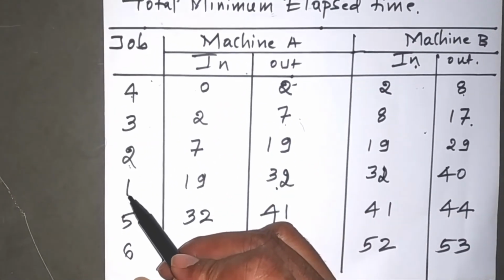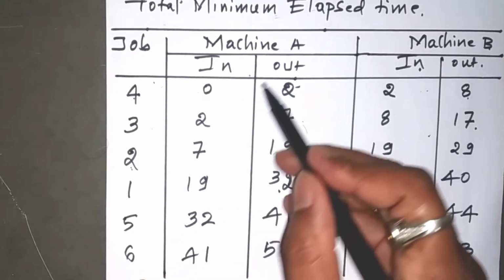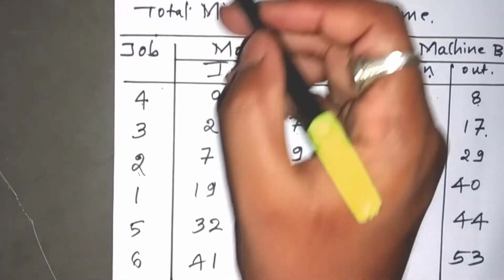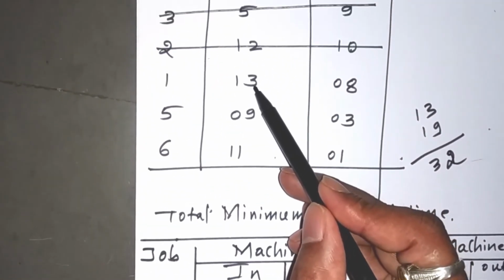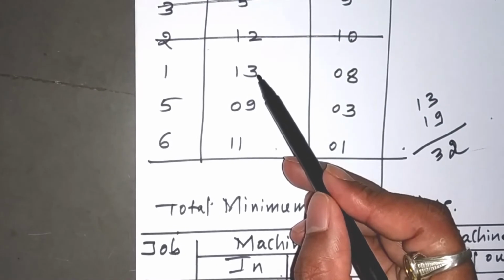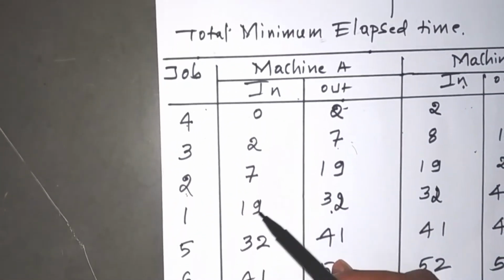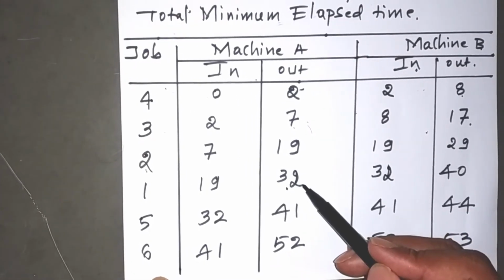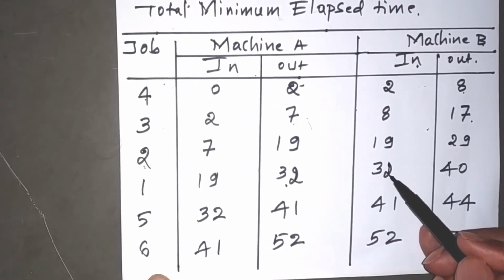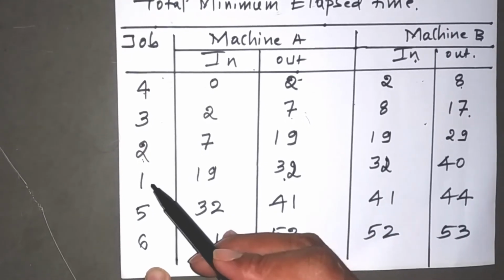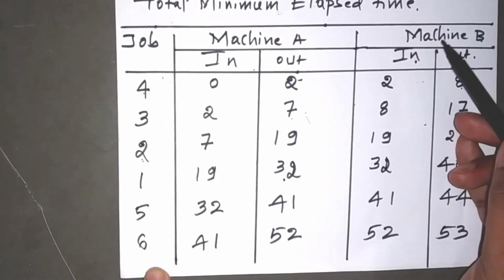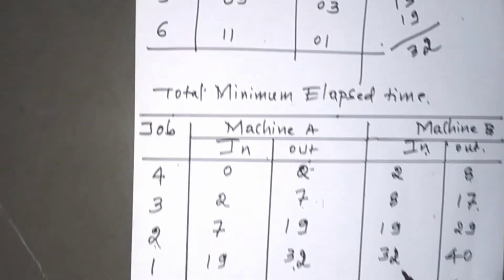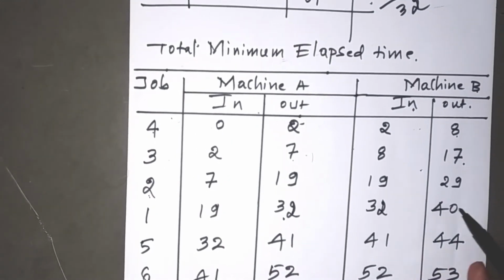So the first job I want to sequence it. So first job will enter machine A, that is 19. Now job 1 on machine A, it will take 13 minutes. So we need to add this 13 minutes to this 19. So I get 32 here, and here we have a 29 and here we have a 32. Whichever the highest is there, that you need to write it here. So the 32, that is first job on machine B. First job on machine B, it will take 8 minutes. So I have to add 8 minutes to this. So 32 plus 8 is 40.